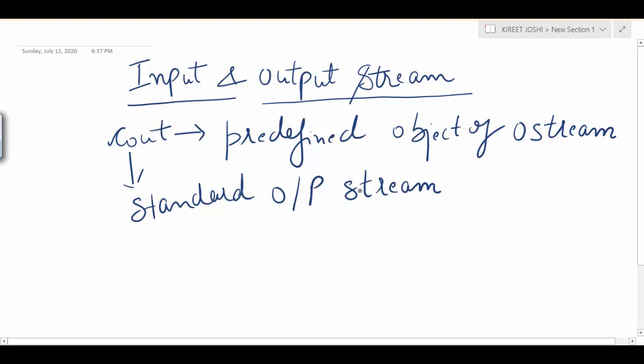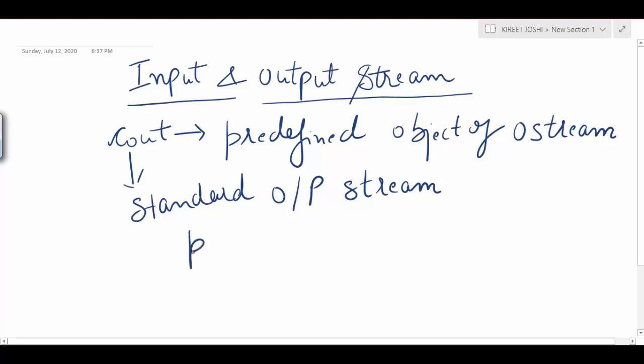There are some differences that we can derive between the printf of C and the cout of C++.